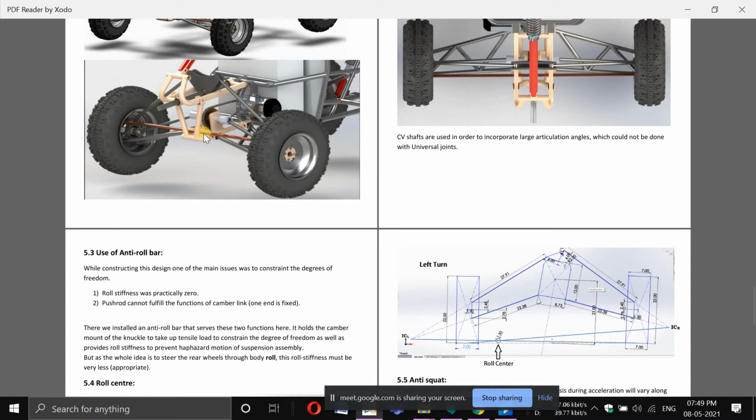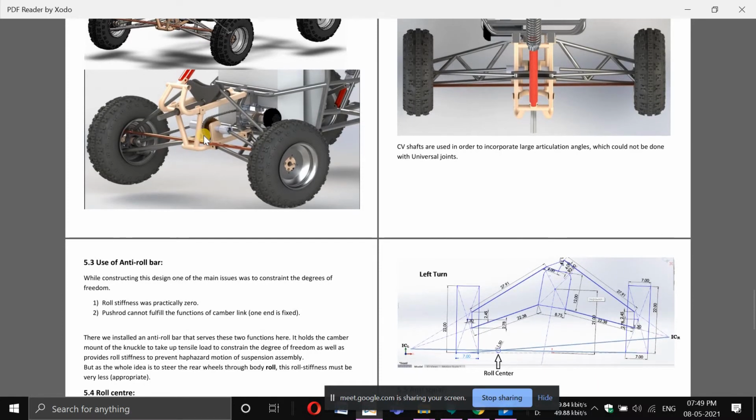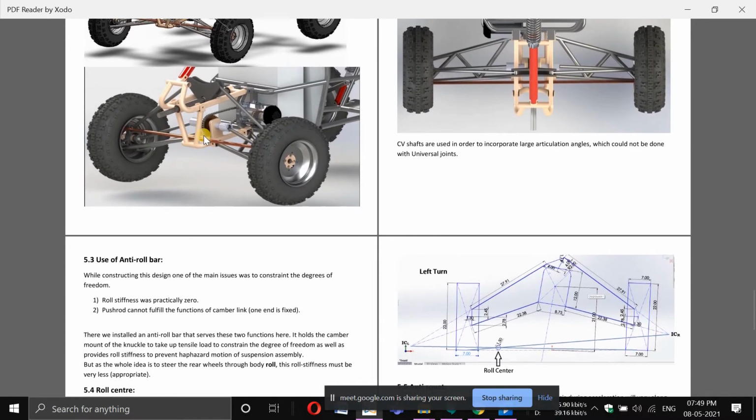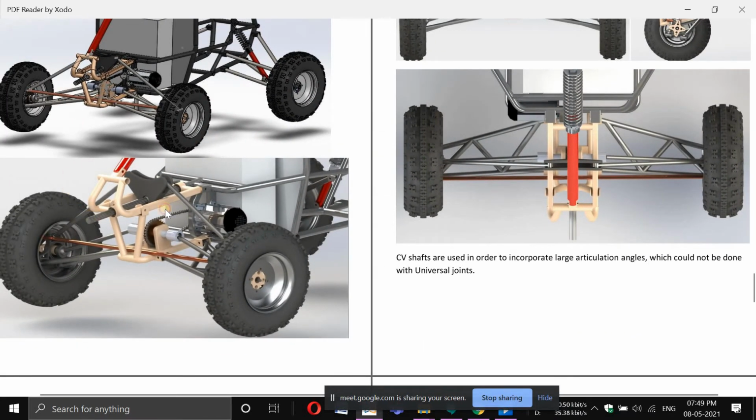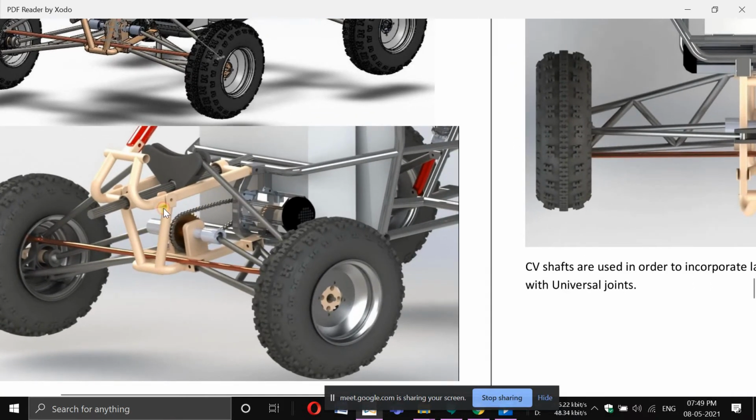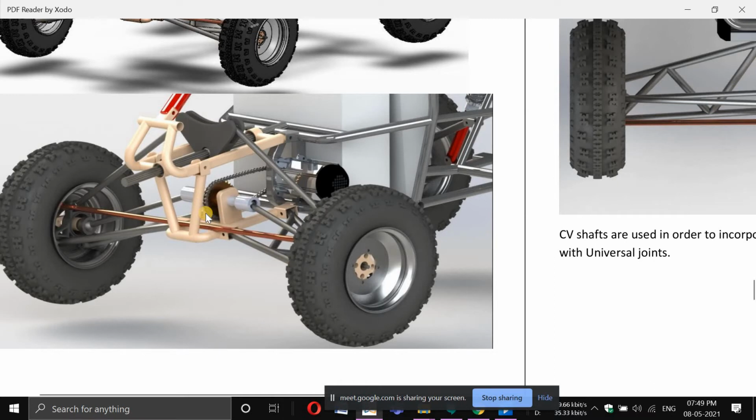The last component which I added, because this design was getting out of hand, and the degrees of freedom of this design were not constrained enough for me to operate it. Using a bell crank with H-arm suspension along with this trailing arm, these things are not conventional. So if I have thought so much and made this design, then even then I should be the one who needs to prove that this design is constrained enough to be used in a vehicle.